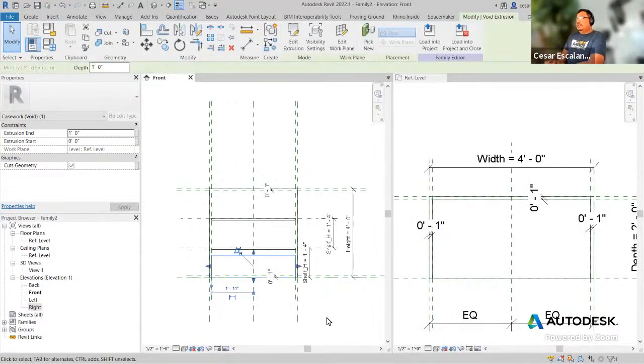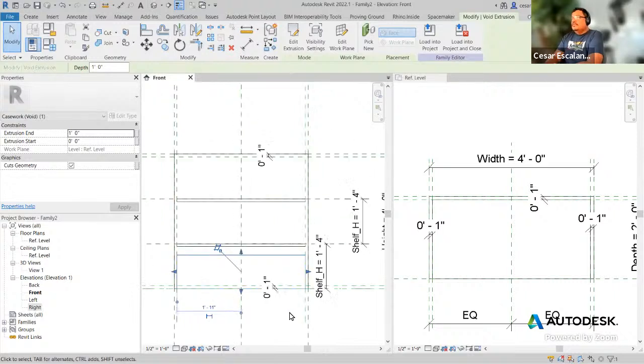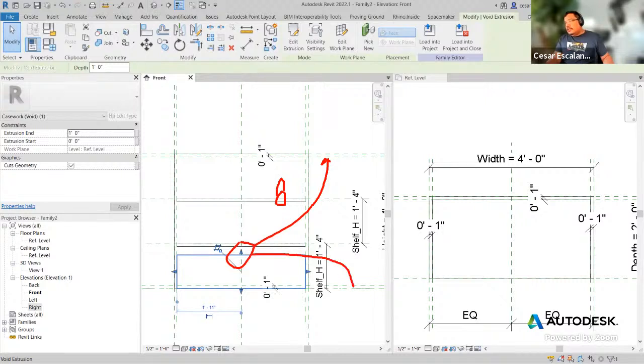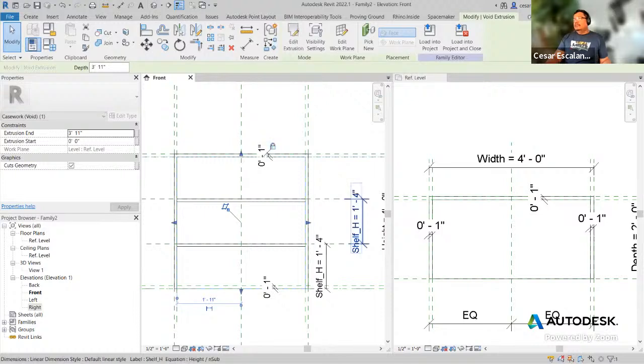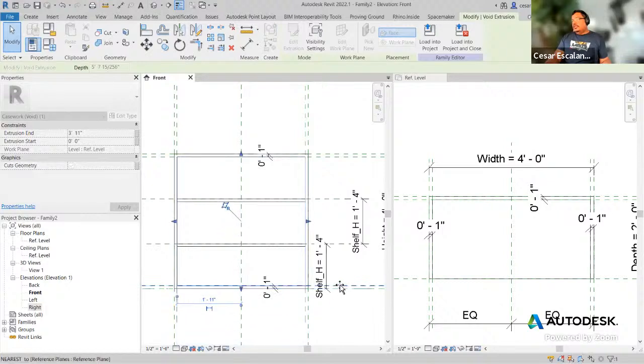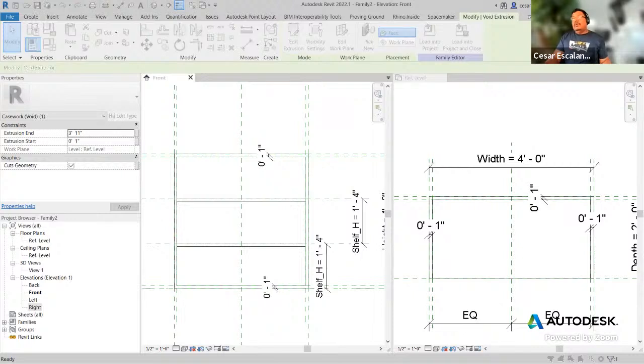This is a void extrusion, and in elevation, I need to snap the top of the void and lock it to the lower reference plane on the top. And I also need to lock it right here. So using these handles, drag the handle, stretch and snap and lock. And the one from the bottom too. Drag, stretch, and lock. So you're gonna lock the void in the